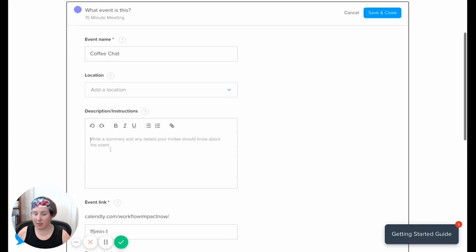And now this is where you'd put your description. Now this shows up in a couple of places. It shows up when they're making the appointment on the main calendar page where they're signing up for that time slot. It also shows up in their confirmation email, and it will show up on their calendar link. So you want to make sure that when they make this appointment, this gives them enough information to know what they're signing up for, but also it shows up in those places to remind them what they signed up for as well. So what I'm going to put in here is,